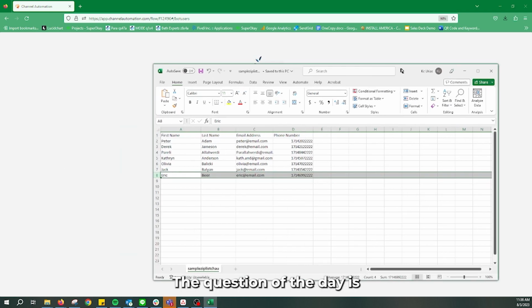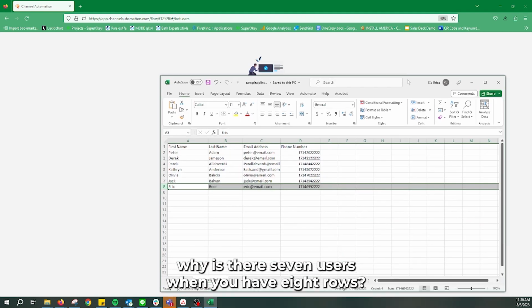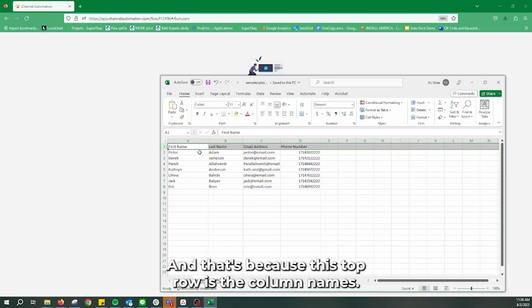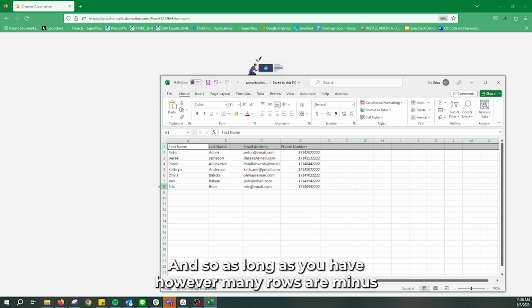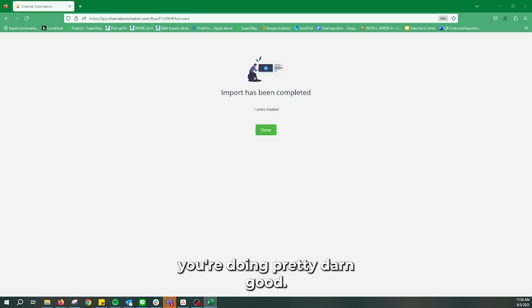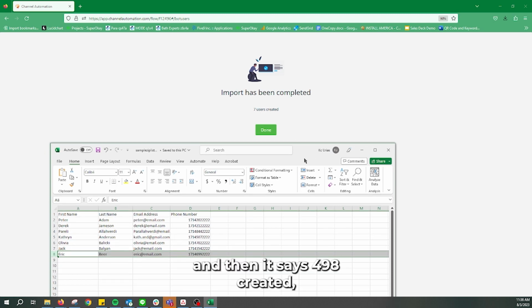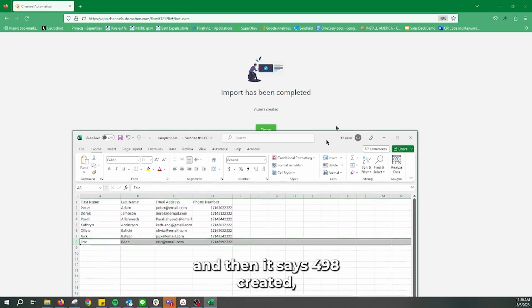The question of the day is, why is there 7 users when you have 8 rows? And that's because this top row is the column names. And so as long as you have however many rows are minus 1 of your Excel file, you're doing pretty darn good. Let's say you have 500 users you're trying to bring in, and then it says 498 created,